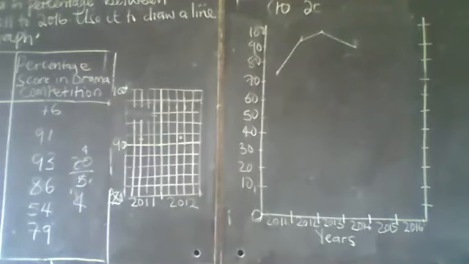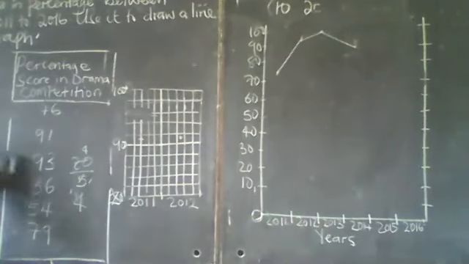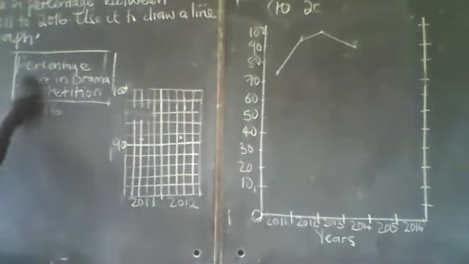We want the midpoint, the middle of the year. And what is the middle of the year? June. The year has 12 months, and therefore we plot in the middle. You can't plot at the end of 2011 because that is the beginning of 2012. The end of 2011 is the beginning of 2012. So if you put it along that line,